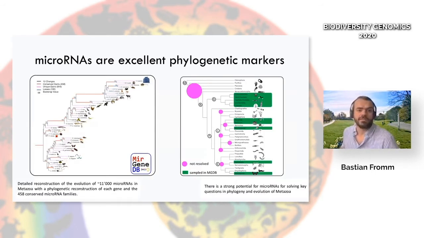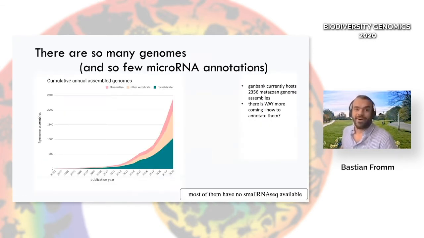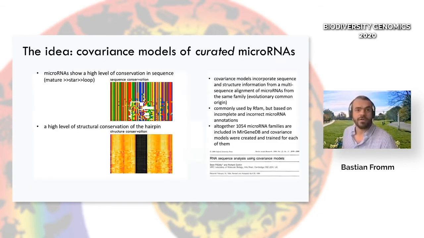Also, and this has been extensively shown by other groups and us, microRNAs are excellent phylogenetic markers. You can reconstruct the tree of life with them, and these purple dots here are the question marks in the phylogenetic tree. And actually, microRNAs could be used to tackle them. There are so many genomes out there, and of course, many more coming, and very few of them have been annotated for microRNAs. So that led us to the idea of using what has been implemented in Rfam, the